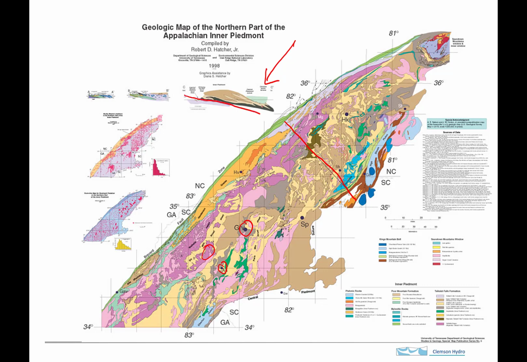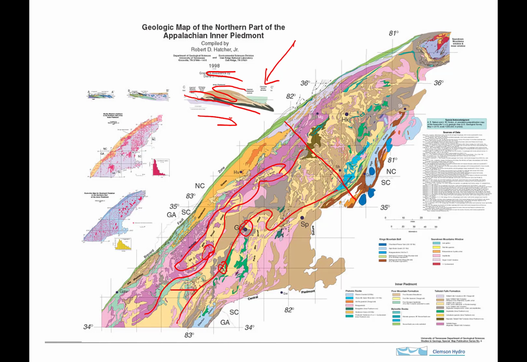There's a fault right here, and the region on top has moved in that direction relative to the region on the bottom. And internally, you can see the light and darker tan colors. Those are some steep overturned folds like that, folds called nappes. And the complicated geology consists of a series of thrust sheets. Here's a thrust sheet, and then there's a smaller one right here, and there's a band like this,